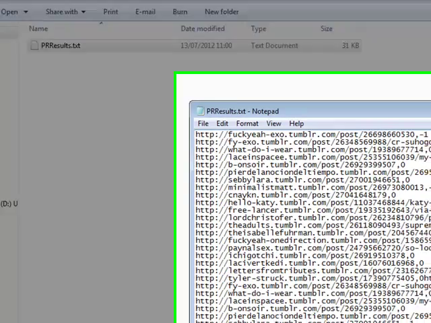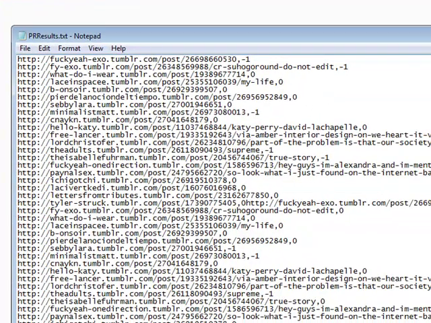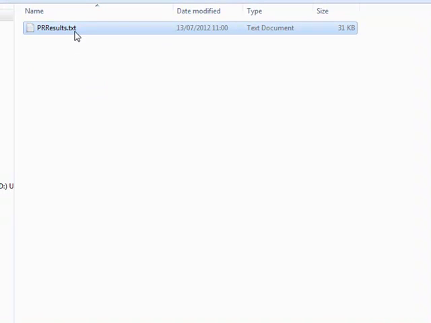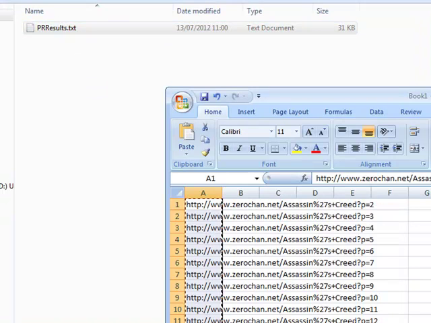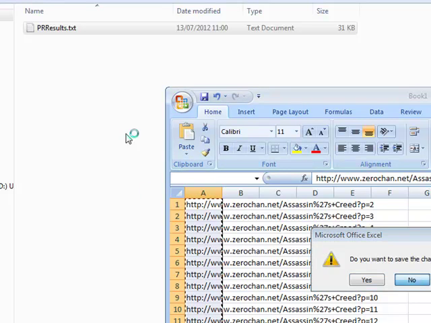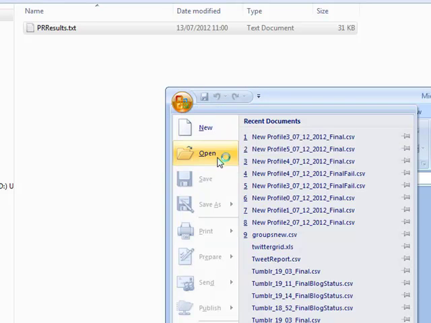Okay, and as you can see here, guys, towards the end, it tells you the page rank there as well. You could actually open this up in a CSV. So I've got Excel here. I could close this one I'm doing here. Don't want to save that, and I'll go to open,